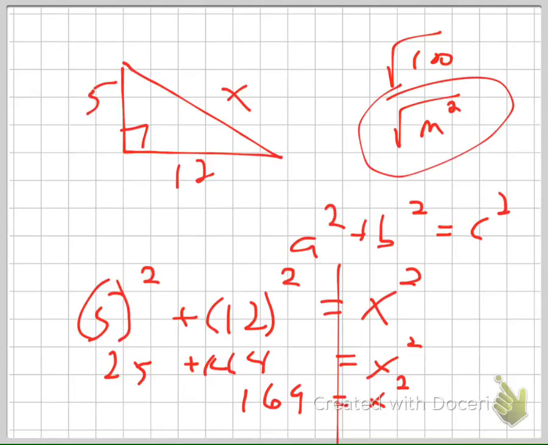Again, you need to understand the concept. The square root of m squared, meaning what number times itself makes m squared? M does, right? So then here's the deal. If I want to get x alone, and I have x squared,